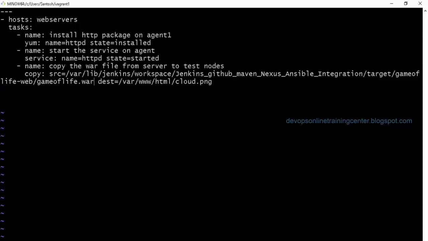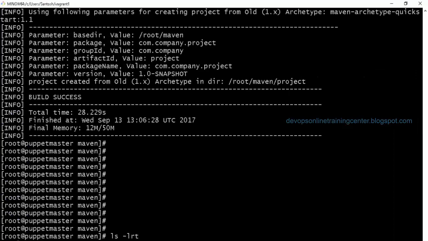Is this right? Then we copy it to var www, let us say HTML. Is this right? The path? Yeah. Let us try to execute.